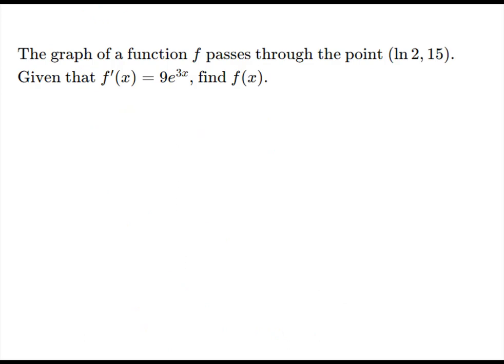Let's take a look at the next example here. The graph of f passes through the point natural log 2 and 15. We're given the derivative of f is 9 times e to the 3x power. We need to find f. So to find f, we need to integrate the derivative, which is 9 times e to the 3x dx,